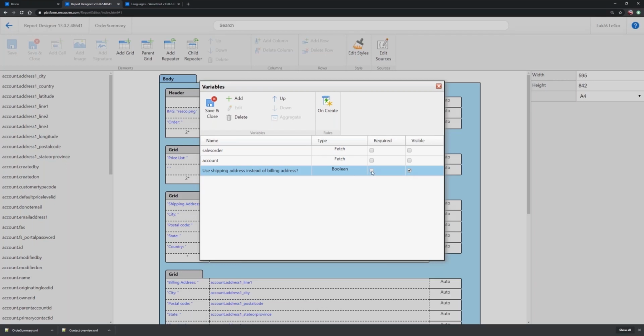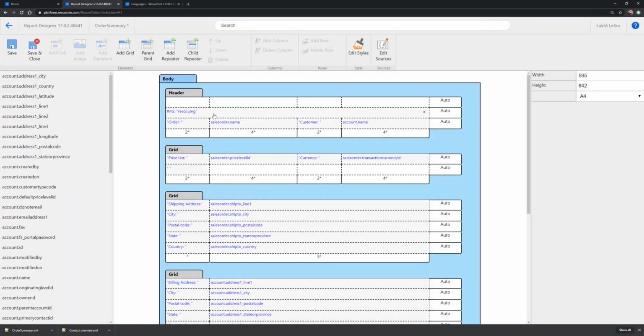If I select also required, then user will need to change or enter the value to that variable before the report can be generated. But in this case, I just want to make it mandatory or user defined. So I just create it, save and close. And how to use it. So